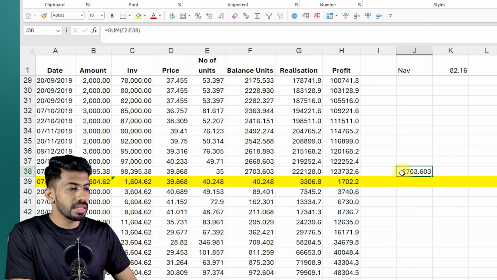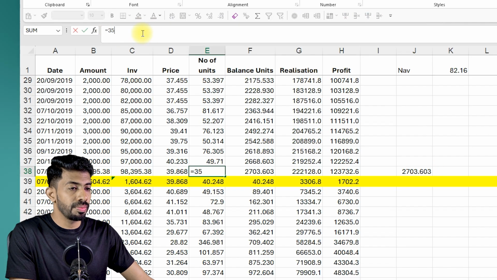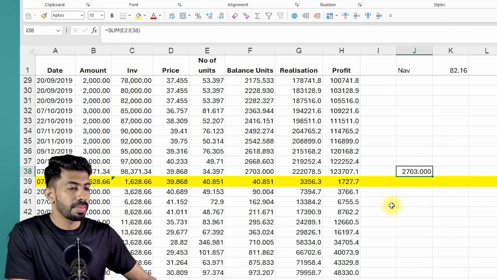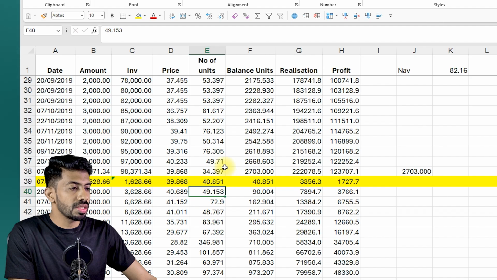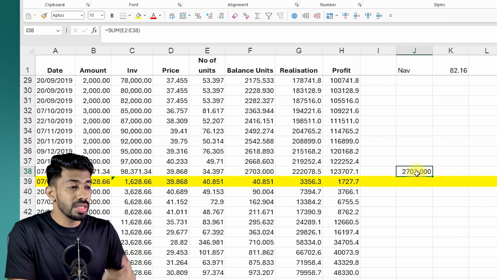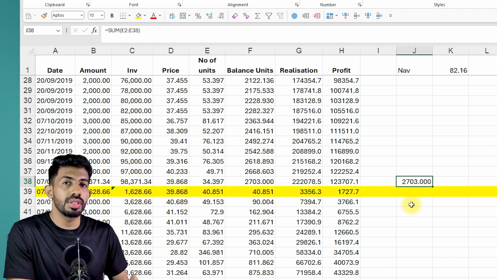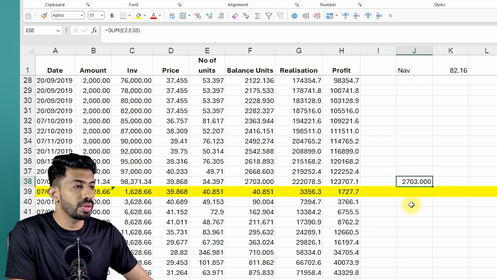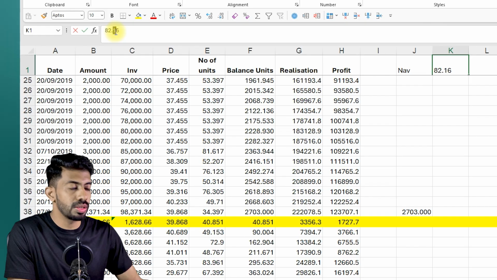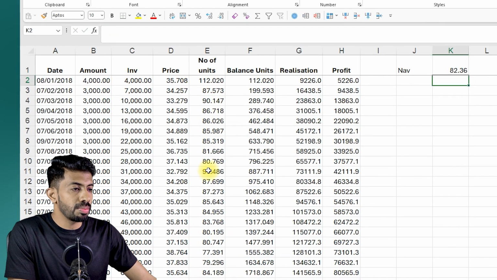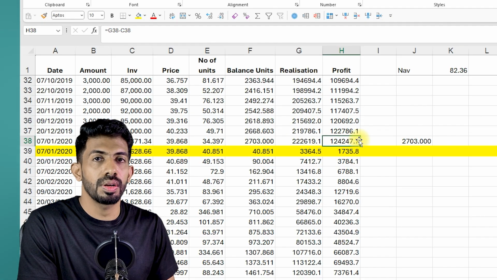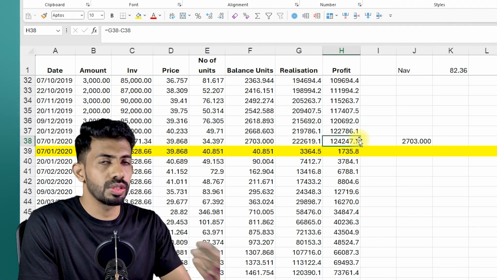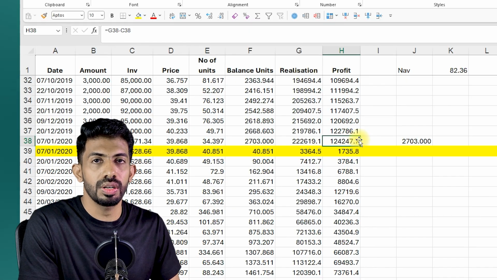So what I need to sell is this 2,703.603 units. Now I can get rid of this decimal value minus 0.603 and the balance gets adjusted here because I have linked it. So I can proceed to sell 2,703 units in my investment portal. Once you actually execute the trade, you can take note of the NAV value at which it got sold and then you can come back and update it here. Let's say it is 82.36. So you will know that the profit will be around 1,24,247. You can also download the capital gain statement from your mutual fund portal and mostly it should match with this. And that is what you can declare while filing your tax returns.